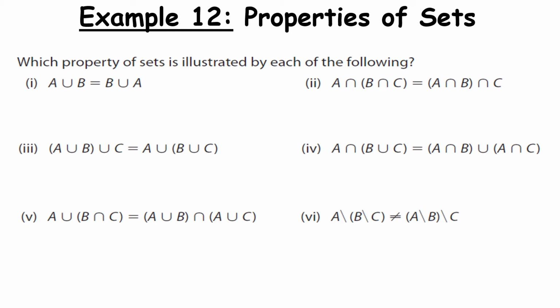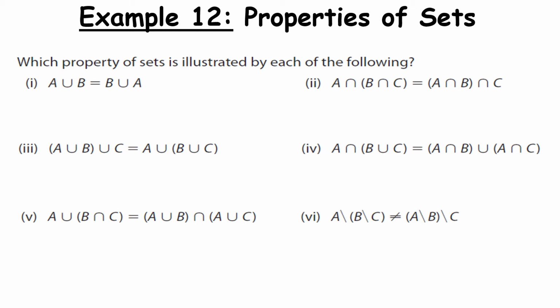We then have the associative property, which means you can associate any numbers together. So for example, if I had 2 by 3 by 4, it doesn't matter which two numbers you multiply together first and then multiply your answer by the last. The last one we have is distributive. Now this property you are probably most familiar with in algebra, because when we multiply out a bracket, we're using the distributive property. So here we have six